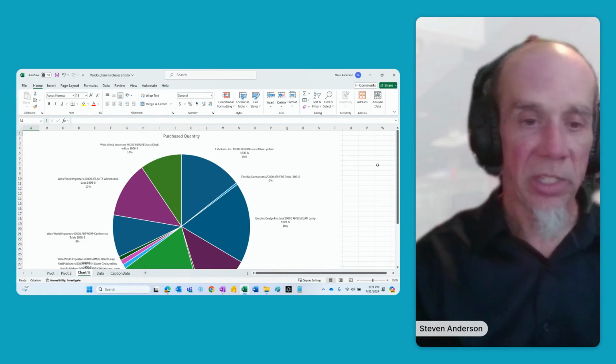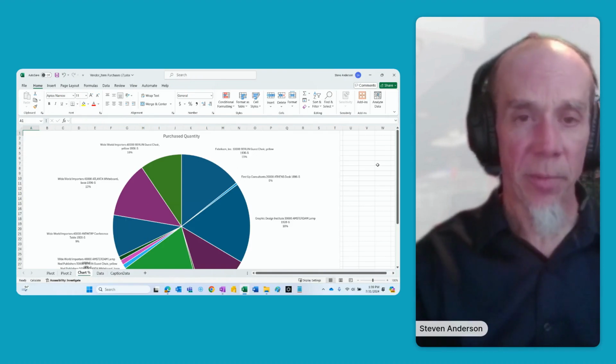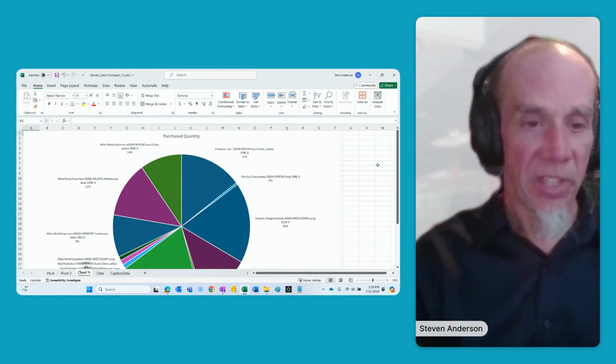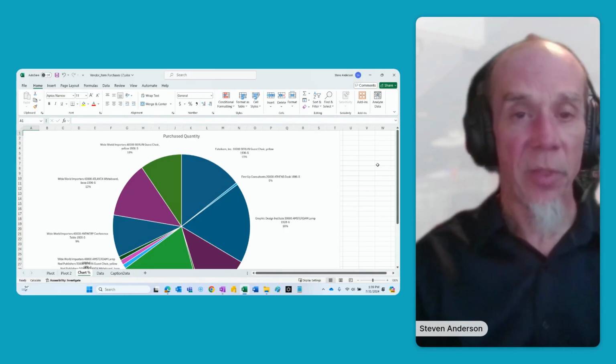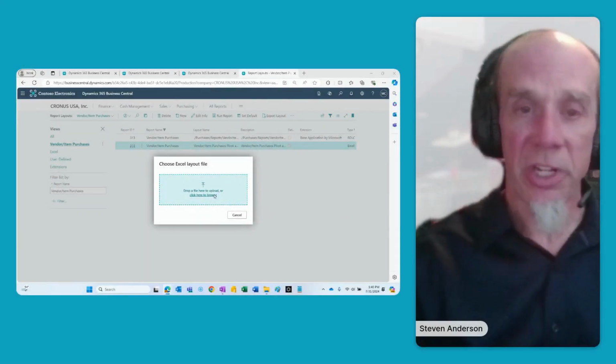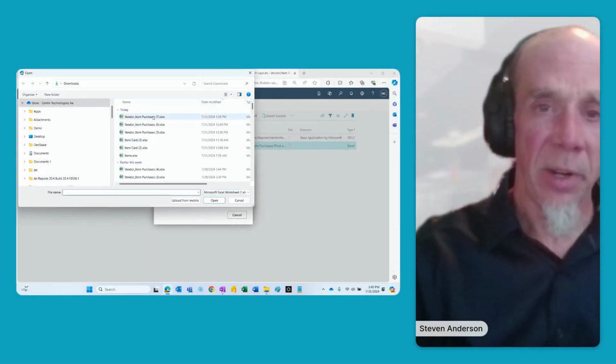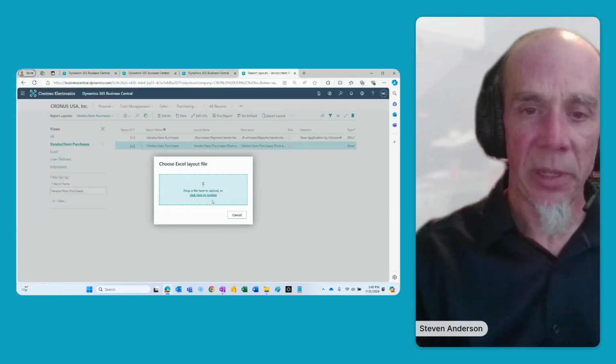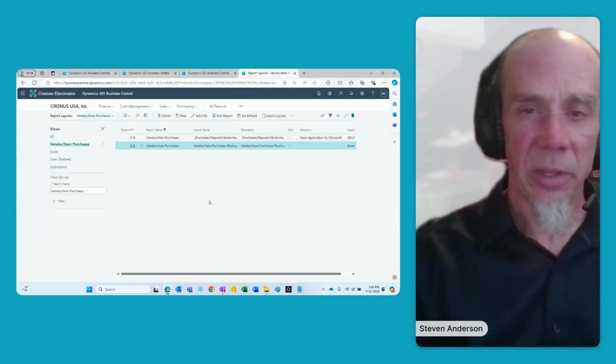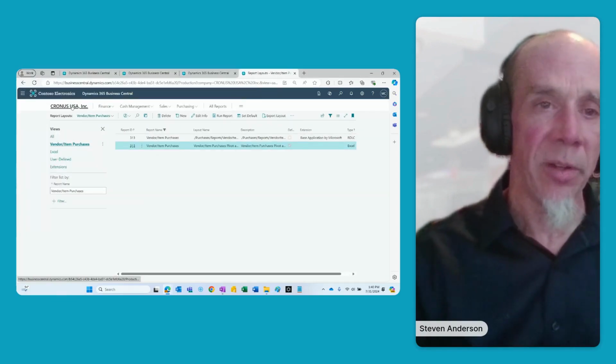What this does is whatever changes that I make to this report, when I run it, it saves those changes and that becomes part of the base level report. I could have made a bunch of changes to my data. I'm going to go out and I would just simply reload this into Business Central, and then from then on,